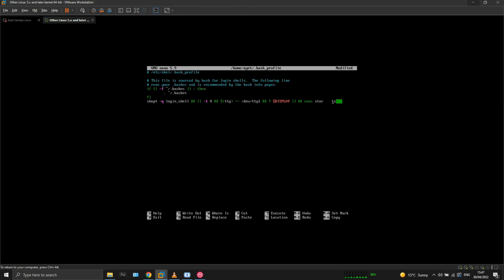Yeah. So once that is open, we enter this script, shopt. I will type it and you follow. shopt -q login_shell, then exit, minus t0. Yeah, so you type this command. Then, after that, we will edit